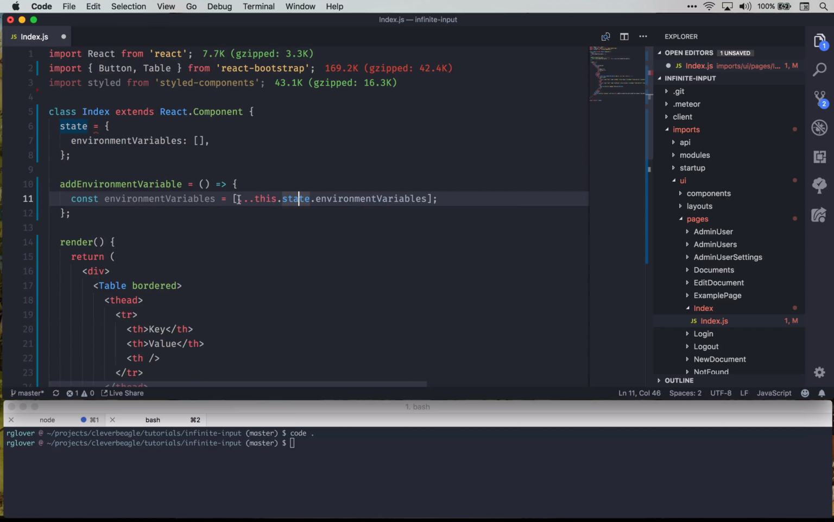So what the spread operator is doing, this dot dot dot or ellipsis, is saying unpack or spread out the contents of this value, this.state.environmentVariables, into this array. And because we're expecting this state environmentVariables to be an array itself, when we put a spread operator in front of it and wrap it in another array, basically what we're doing is creating a copy of that array. We're saying copy the elements, or spread out the elements, that currently exist in this state environmentVariables